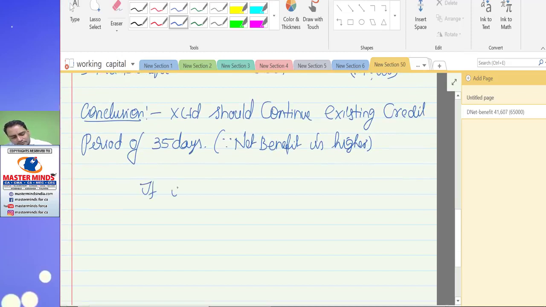If X Limited extends the credit period to 50 days,